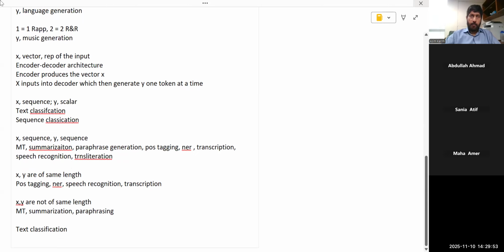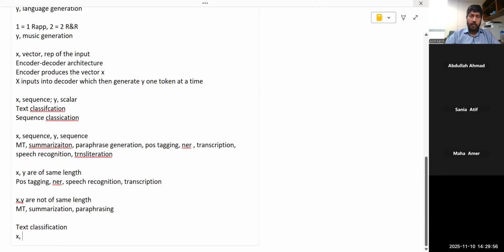So, in text classification, X can be a vector, जैसे TF-IDF है, for example. X can also be a sequence, but Y is always a scalar. And usually Y as a vector, आप for example language generation में या क्लासिफिकेशन में इसको आप वेक्टर भी ले सकते हैं। रिमेंबर, जब आप सॉफ्टमैक्स करते हैं आपके आउटपुट में एक वेक्टर आता है। ठीक है ना? तो यू कैन थिंक ऑफ दैट एज ए वेक्टर एज वेल एज ए स्केलर।